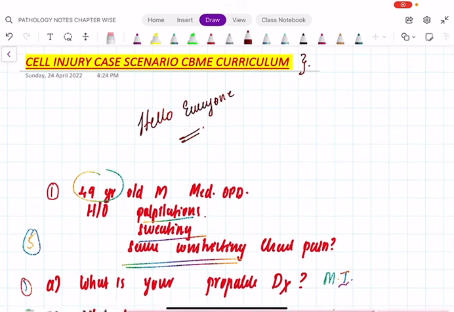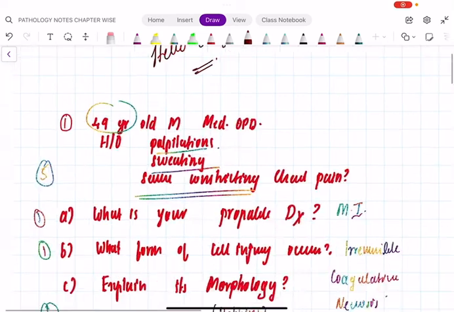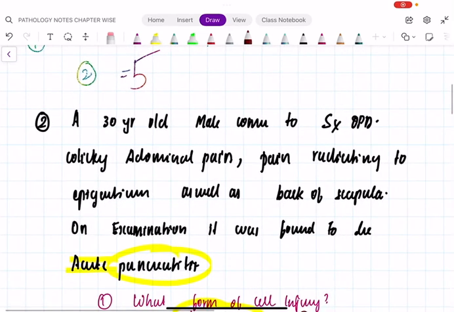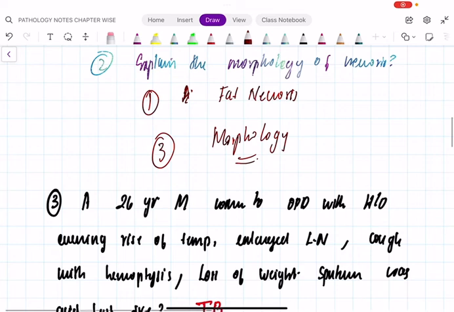Like that, we have around 18-20 chapters for complete Robbins. From each chapter, as we enter systemic pathology, they can ask around 10 to 15 case scenario questions like this. So in total there will be around 300 to 400 case scenarios. From that only they will ask some 10 to 12 questions in a paper. So this is just the cell injury chapter. In the coming chapters we will get a lot of case scenarios, and we will discuss that in due course. It's a must watch video.